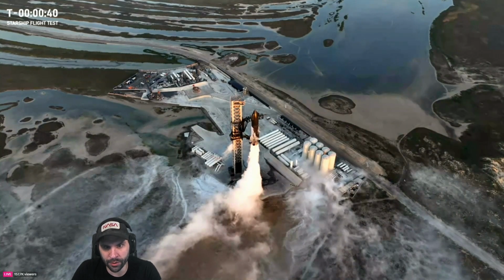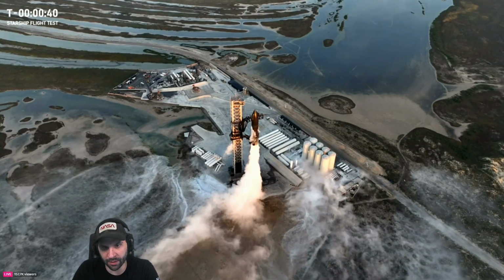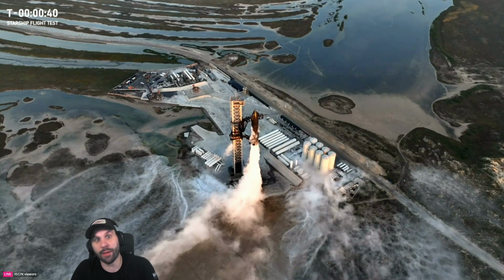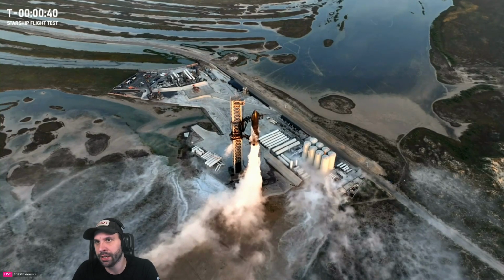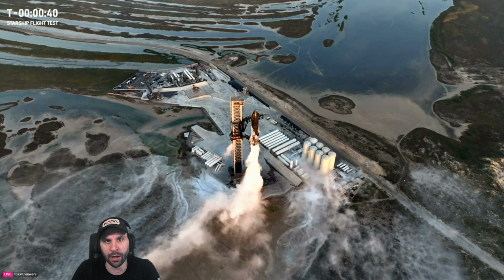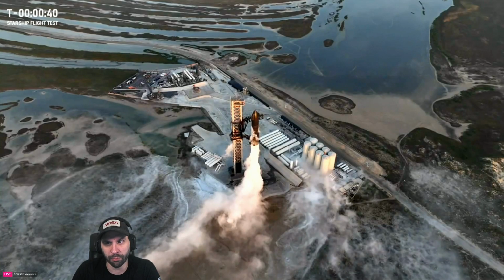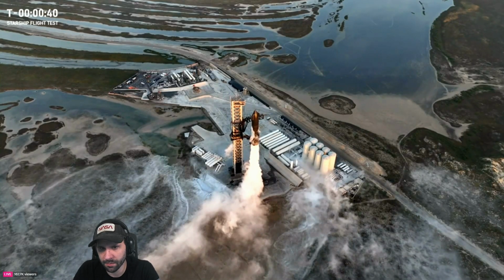So the computer on board Starship, the auto sequencer, saw something. It saw bad pressurization. Remember, I was talking about delta P a little bit earlier. You have to make sure the pressures are constant. If pressure in a tank is a little bit low, it could break something. We're holding at T-minus 40 seconds, but once the teams have resolved and see the data